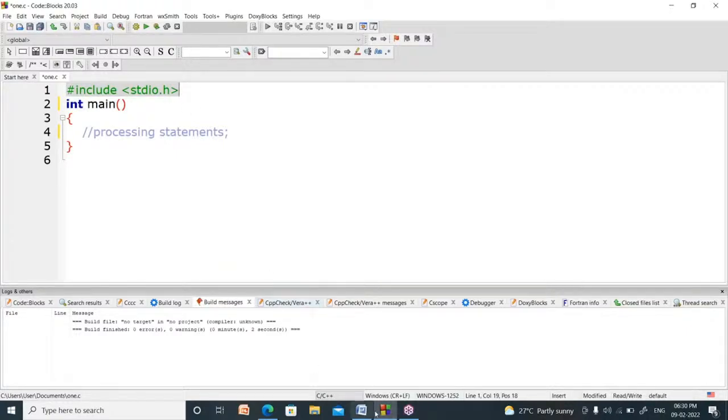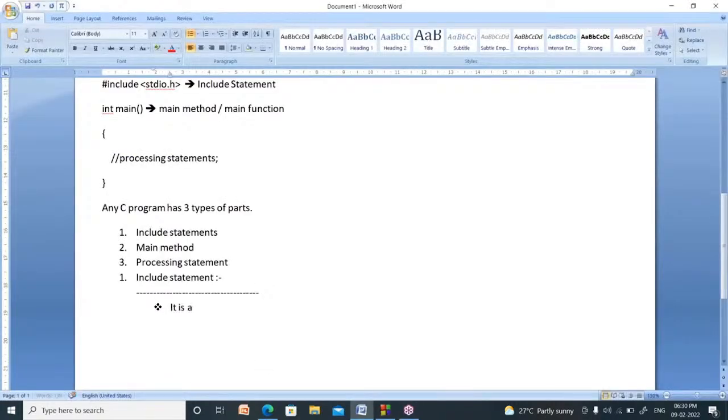So it is the first statement in any C program. Now it always begins with which symbol? It always begins with this symbol. The name of this symbol is hash.